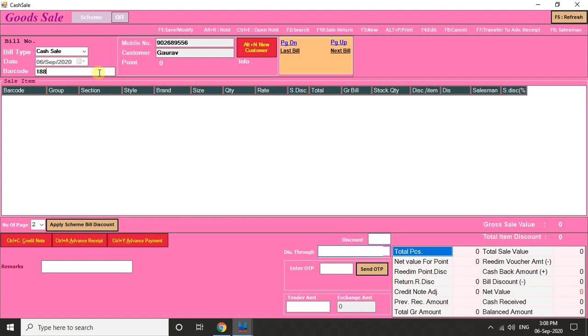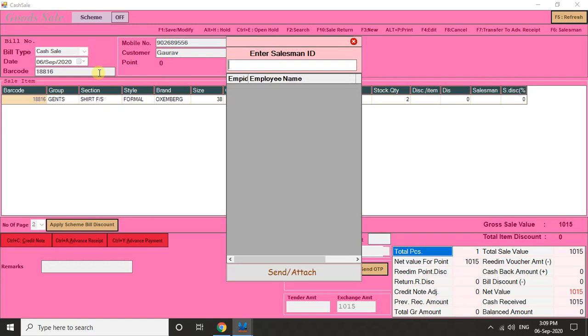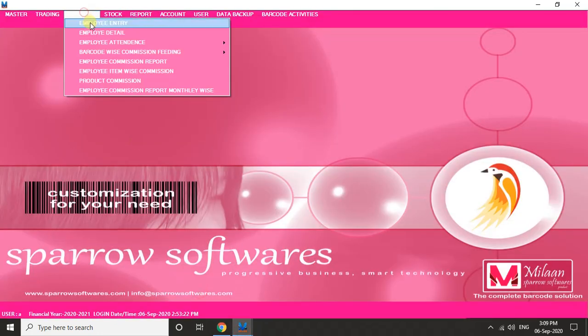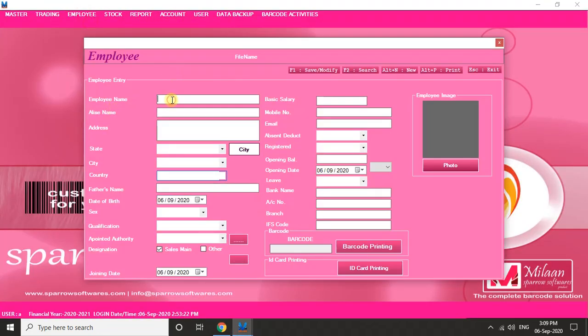Now we will scan the barcode. We don't have an employee because it is a new software, so we can create an employee. We will go to the employee tab, employee entry and employee name.